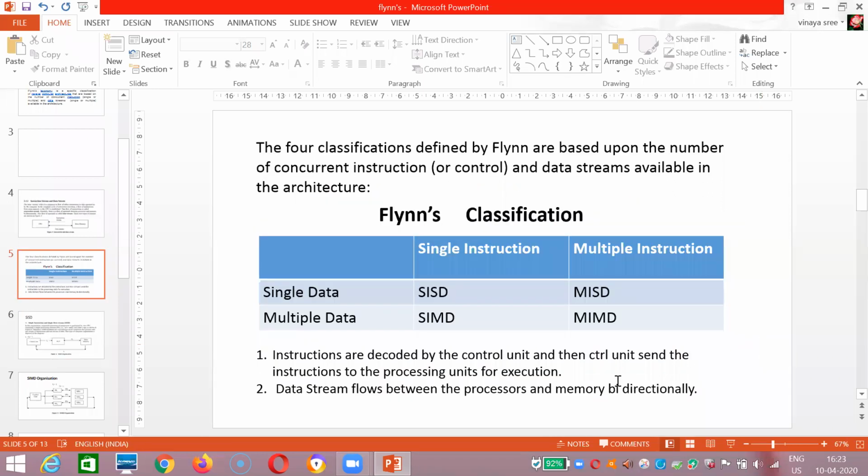So here, see this point: instructions are decoded by the control unit, and then the control unit sends the instruction to the processing unit for execution. So try to concentrate, from now onwards, whenever I say processing unit, you have to consider the processing unit as what? CU or ALU? ALU. Yes, ALU. Why? Because instructions are decoded in the control unit, and the decoded instruction will be sent to the processing unit for execution. So in the diagram, whatever I mention will be mentioned as PE. In some textbooks, it will be mentioned directly as ALU also. So whatever it may be, if you write it, the answer will be correct only.